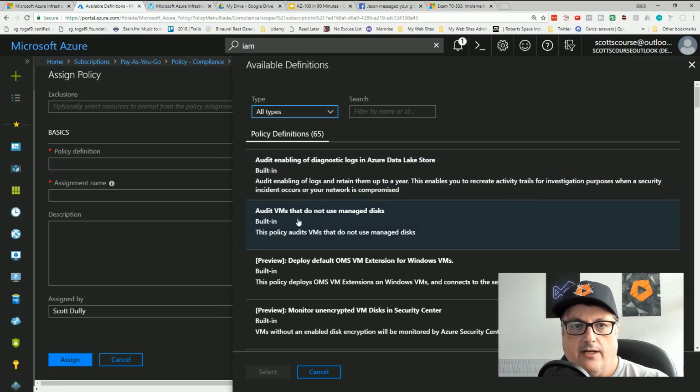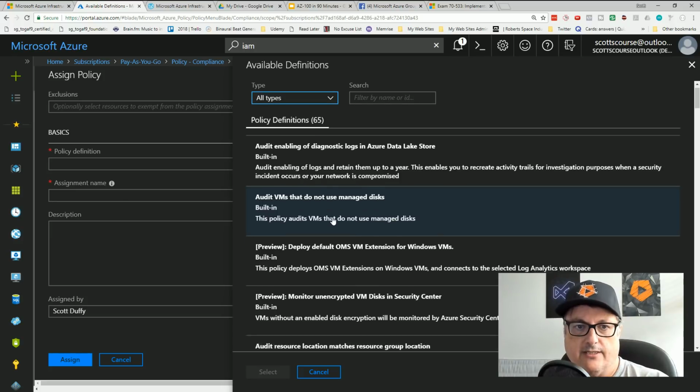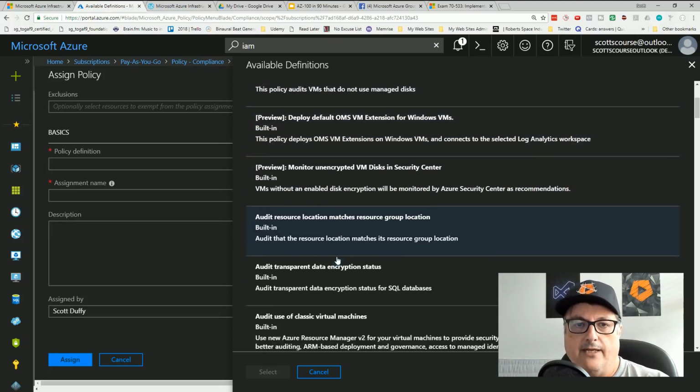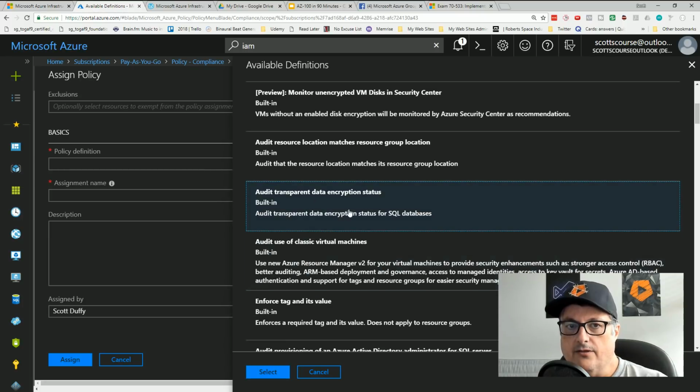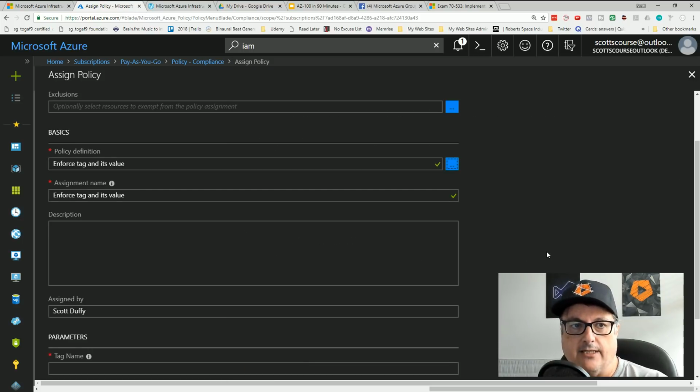So, audit VMs that do not use managed disks. So you can create basically rules on your account. I want to know which databases do not have transparent data encryption enabled. Or, we were just talking about tags, enforces a required tag and its values, does not apply to resource groups. So I can select the tag policy.